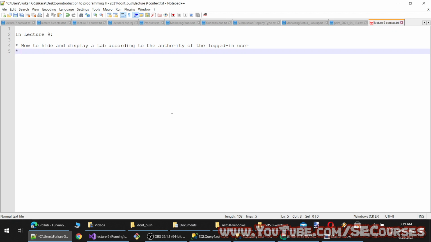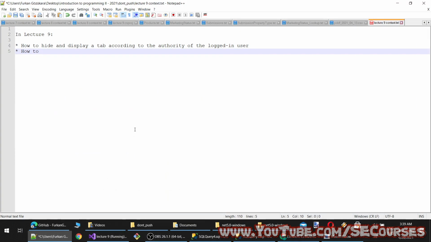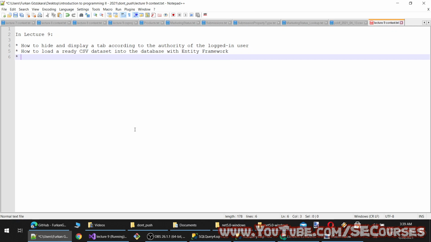Okay, how to load a ready CSV dataset into the database with entity framework. Okay, how to utilize task factory to prevent user interface freeze.